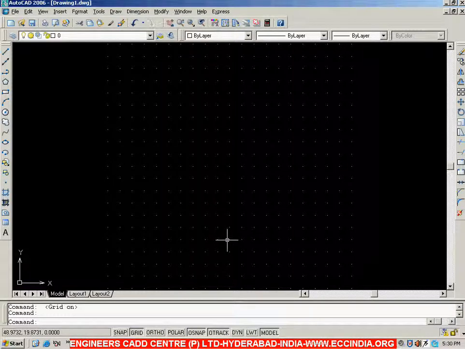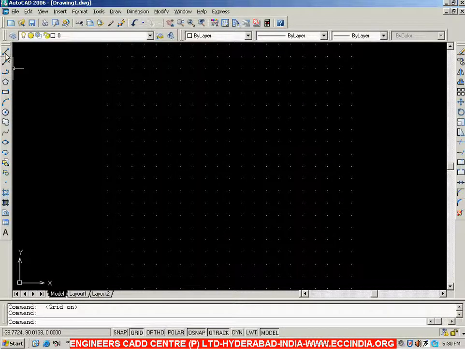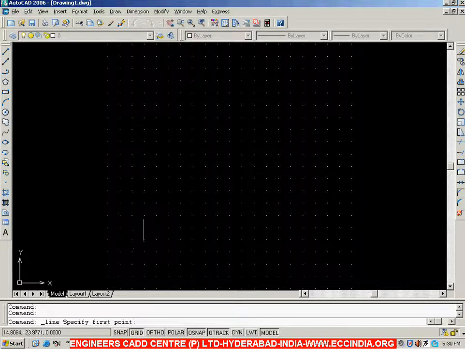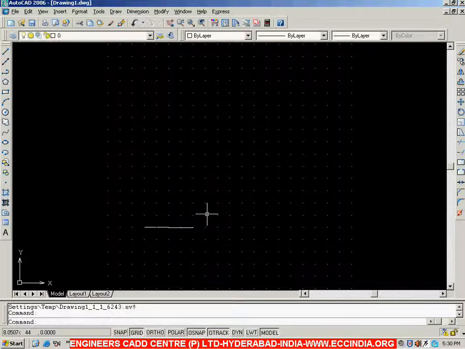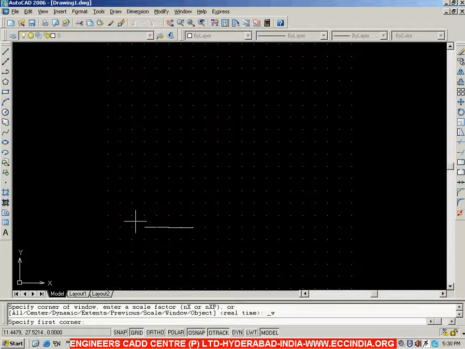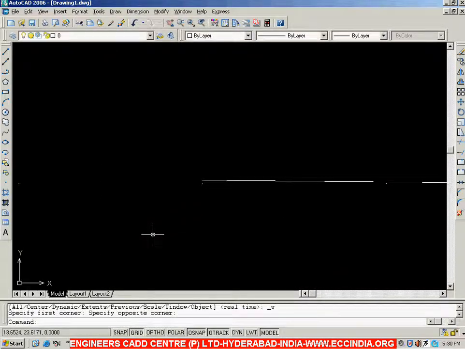Switching on the grid is not sufficient to create the objects. The reason is, directly we cannot pick those grid points. Picking the grid points directly is not at all possible. I will show you an example. If I draw a line from this grid point, and try to end at this fourth grid point, pick that point, then come out, and if I zoom into that particular portion and show you, the line is not going to start exactly from the point. So there is some gap between the line start point and the grid point.